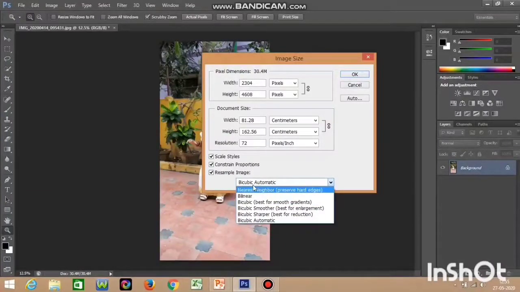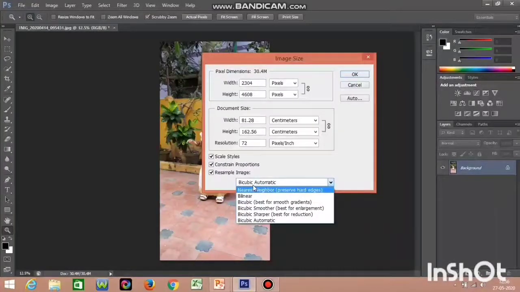Nearest neighbor is the fastest way. If you choose that when you change the pixel size, it is the fastest, but it is very less precise, because it replicates the pixels. Replicating is nothing but duplicating the pixels. The nearby pixels get duplicated again and again. So we cannot say that it will give you a very accurate result. It gives a very less precise result, so nearest neighbor is also not that accurate, and that's why it is not chosen.